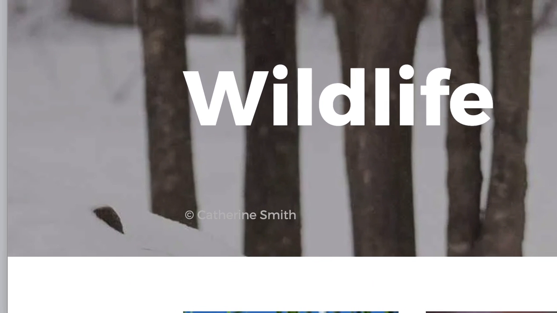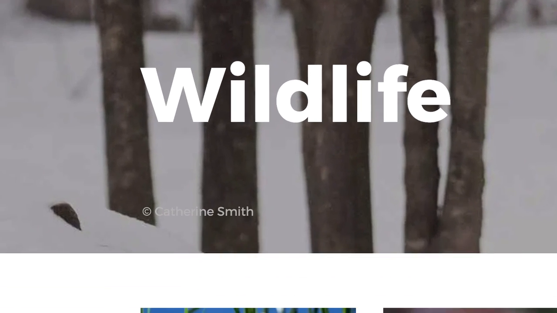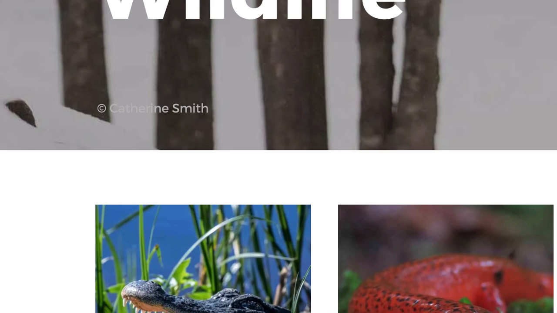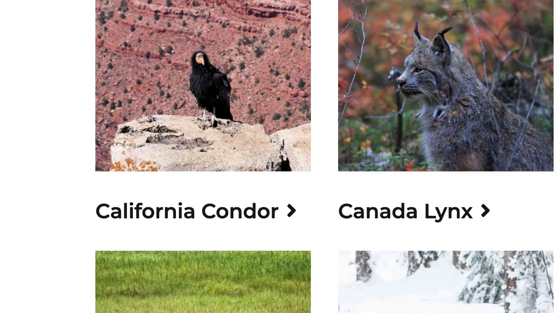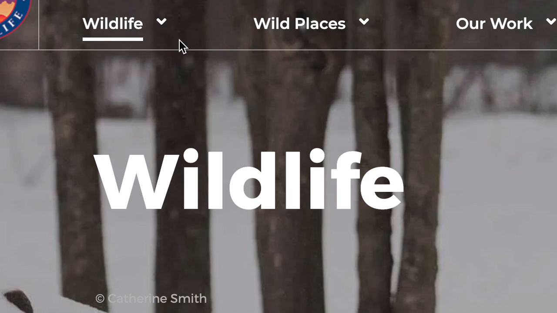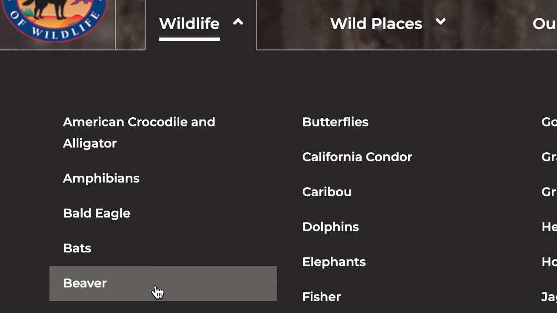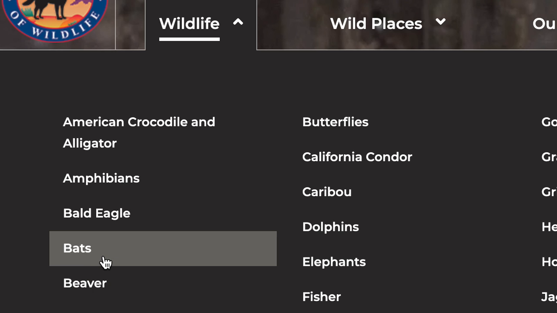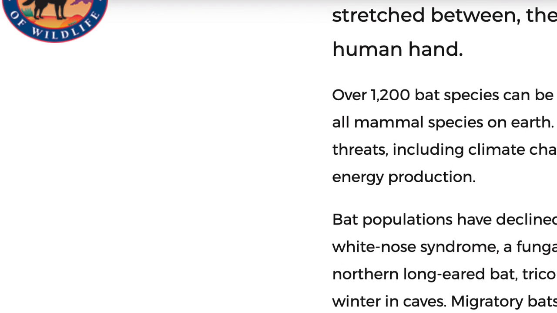So I use the hyperlink here of Defenders of Wildlife. You could go through and look at the different animals, scroll up and down, seeing which animal you would like to do your endangered species on. Choose any one you like. So I'm going to hit the drop down up here, find an animal that I would like to do my endangered species newsletter on. So I will just click on bats, and then I'll scroll down, look at the information,